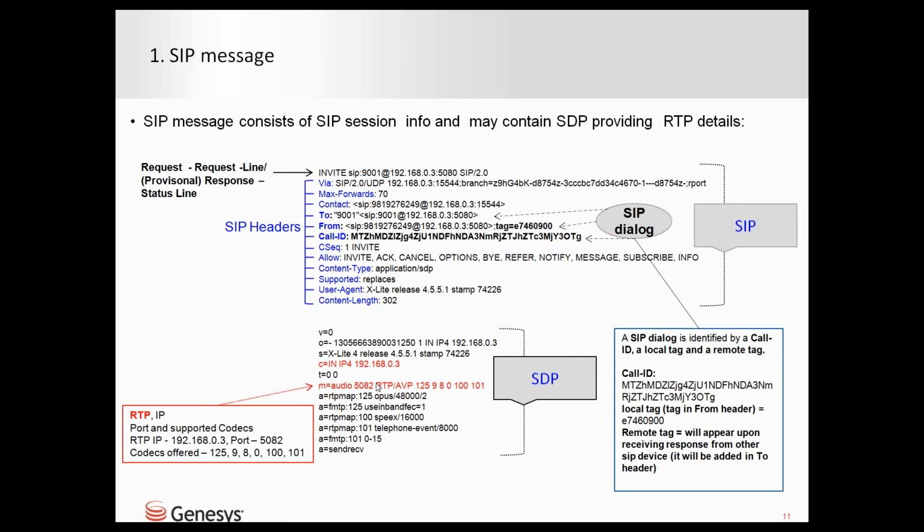It's an audio communication, and 5082 is the port number, and you got the list of codec order given here. We call it the preference codec order. This device started with 125.9.8. This is the preference codec order, and the destination device, which is receiving this invite and responding to it,